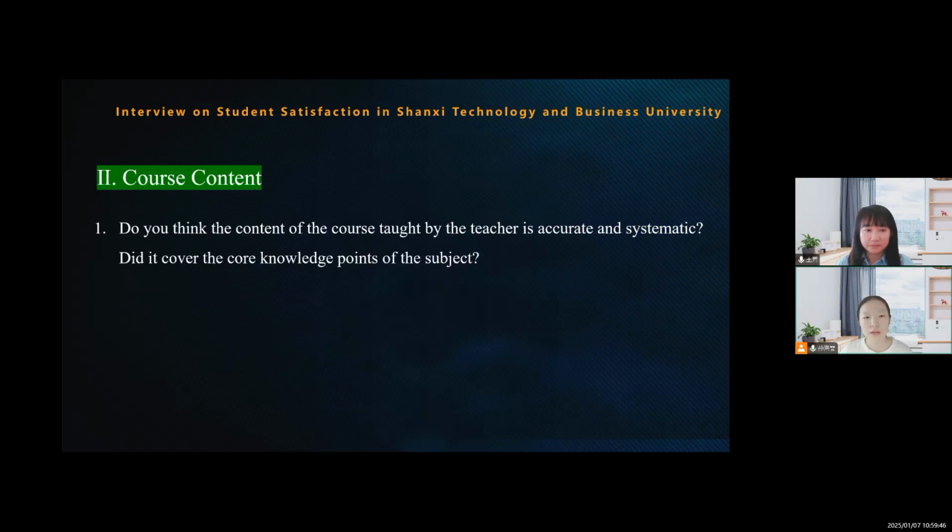For example, in cutting-edge fields such as digital transformation and the application of big data in business analysis, the courses cover less, and these are becoming more and more important in today's corporate management practices, which makes us feel that our knowledge reserves are insufficient when we come into contact with actual business projects or participate in related competitions.